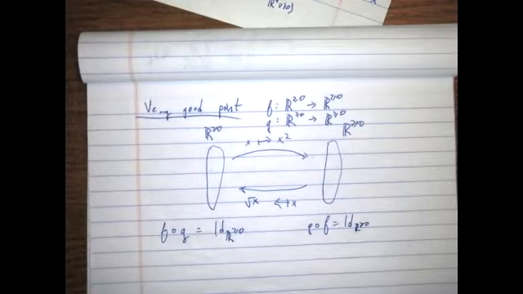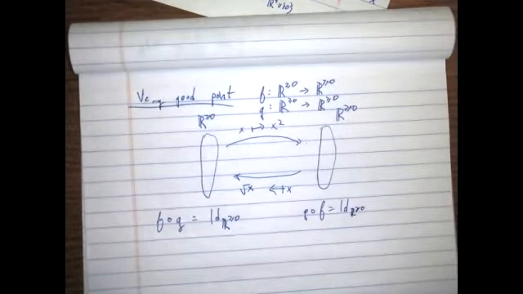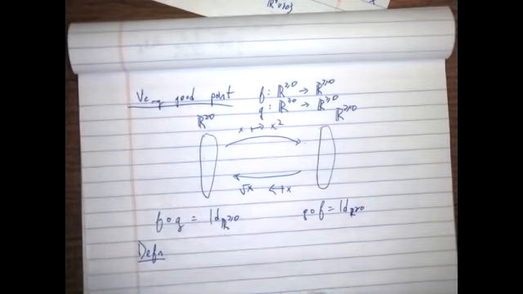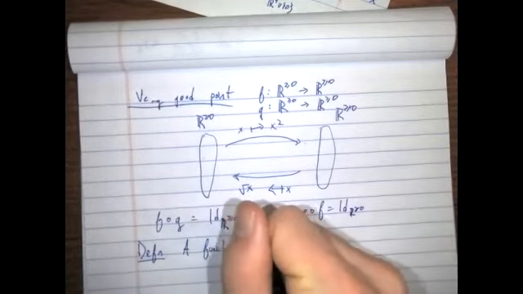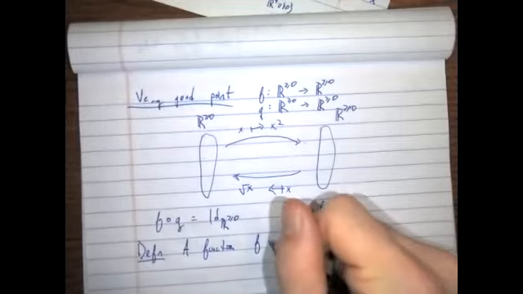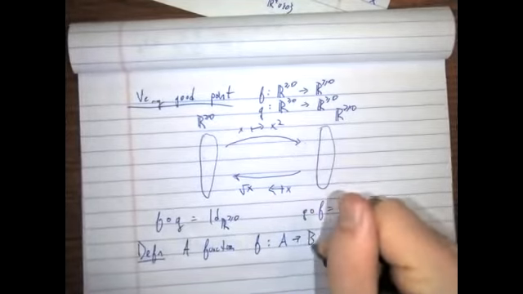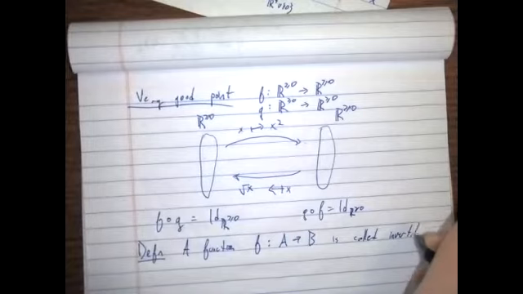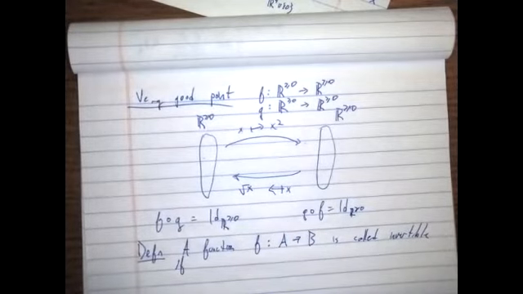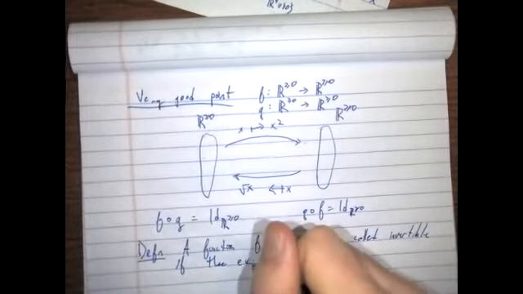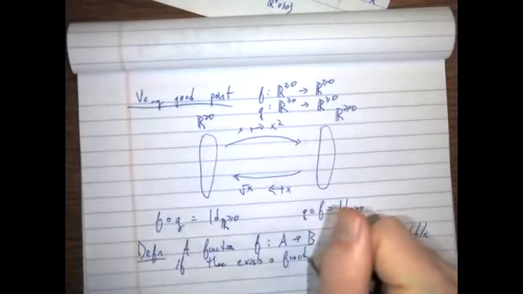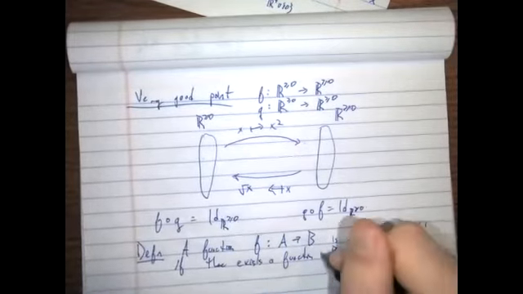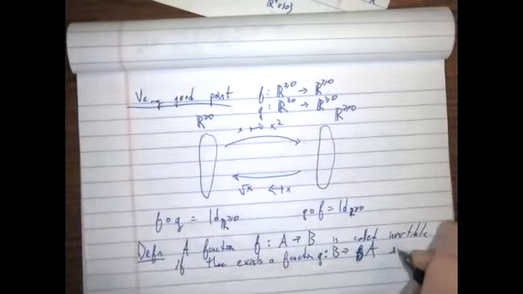Okay, so now what I would like to do is formalize this and make this a definition. So definition. A function f from a to b is called invertible if there exists a function g from b to a, such that